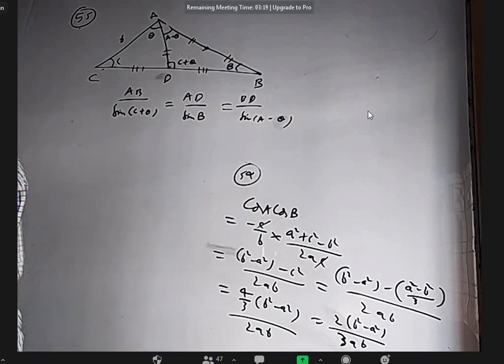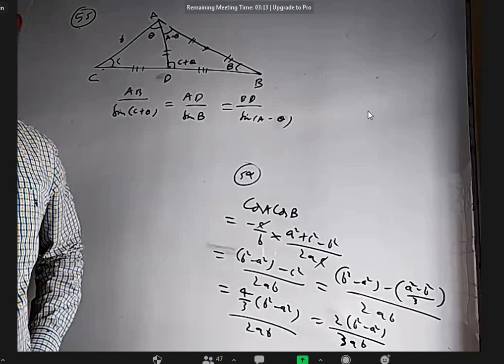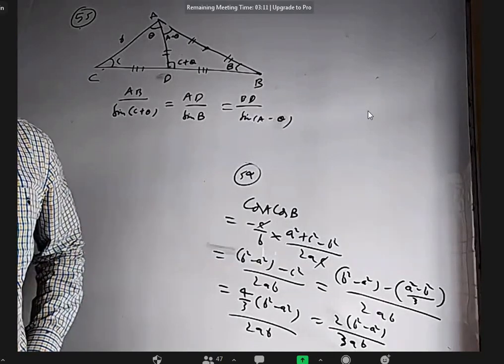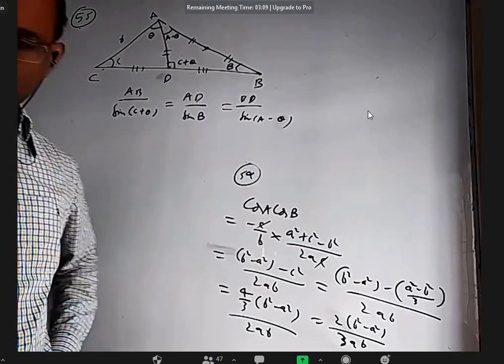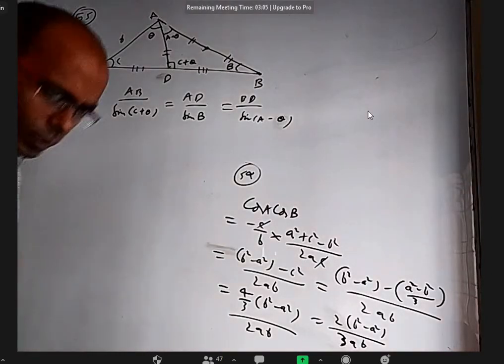Okay, work on it. We'll discuss tomorrow. This is for 55. For 57, there is something about it I have to tell, but you can try if you want. Okay, so the rest of the questions you want to try, otherwise you just try heights and distances. Is it okay?